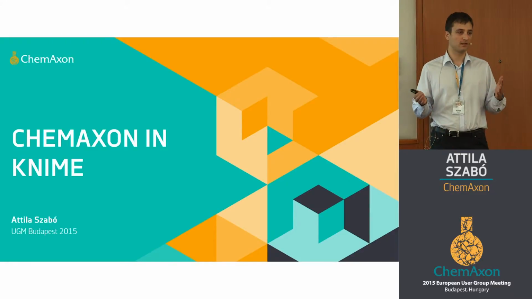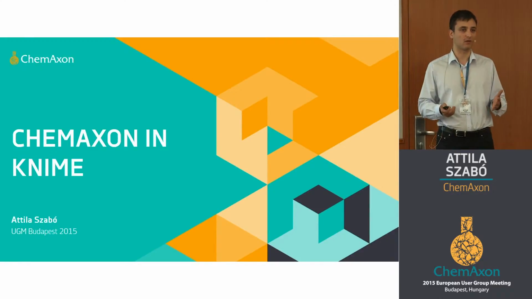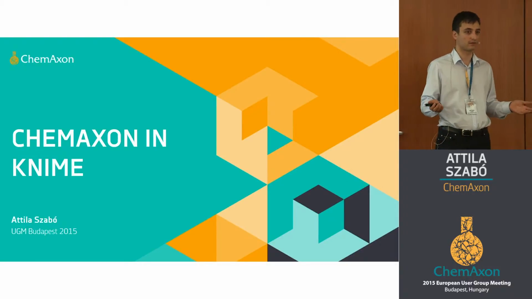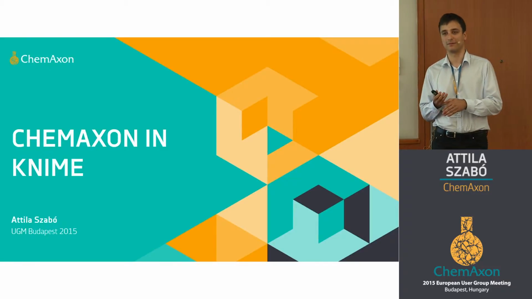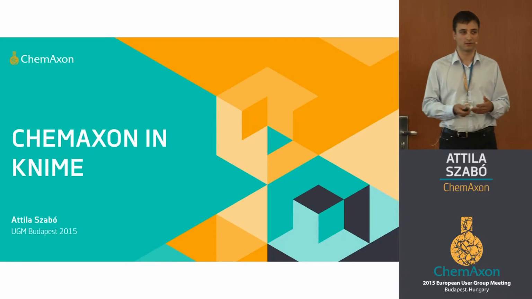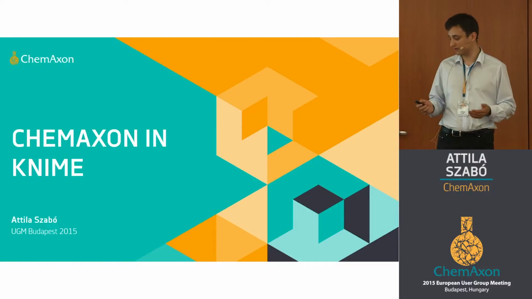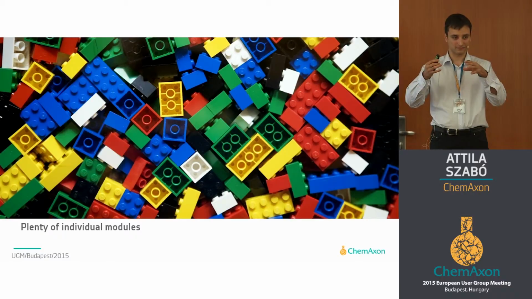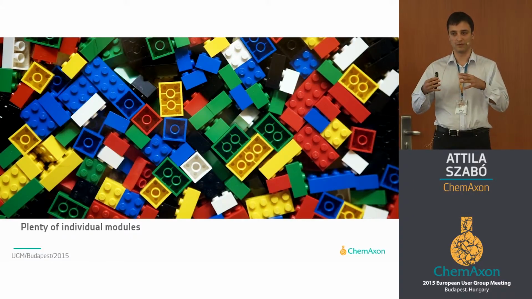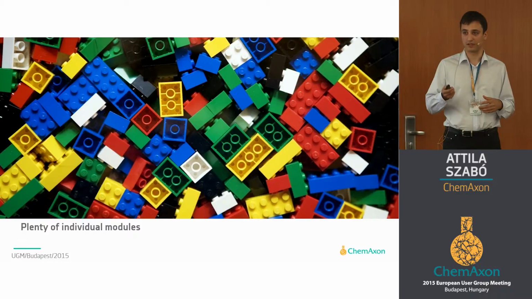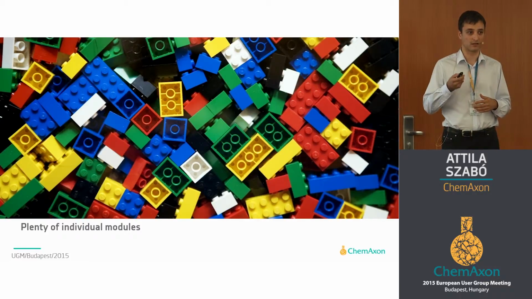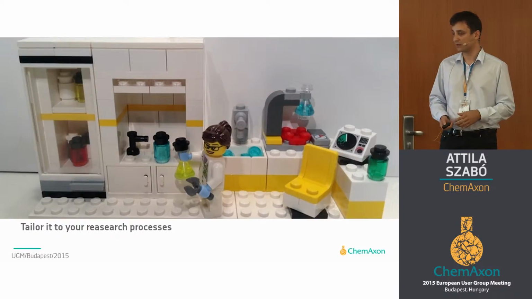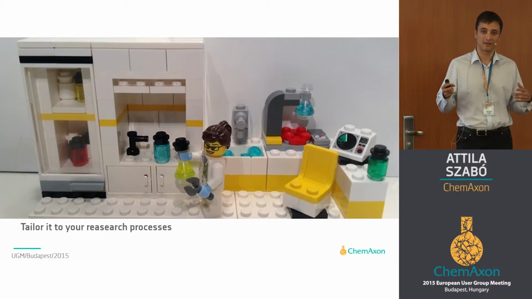But what if you need a custom combination of our modules, or you want to combine it with other vendors' tools maybe, or also if you want to avoid programming and just put together these modules in a way you need them. And to answer this, KNIME is a great option, because using KNIME you can build your own,